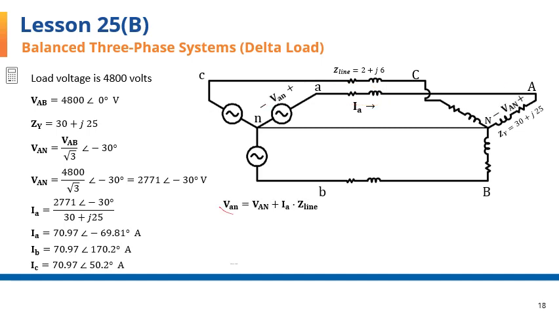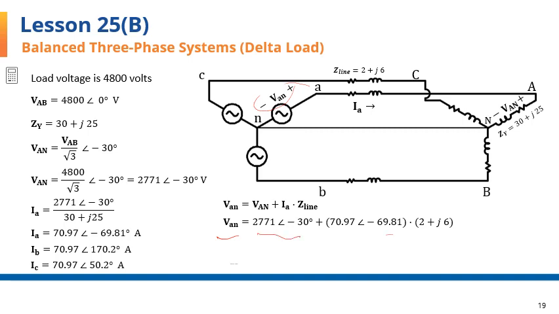And here's that equation. VAN equals IA times Z, 2 plus j6, because we know the impedance here is also 2 plus j6. So this voltage drop, this term, plus the voltage drop across the phase of the load, which is the VAN here that was found in this line here. Putting these values in, VAN for the generator, line to neutral at the generator, is calculated as